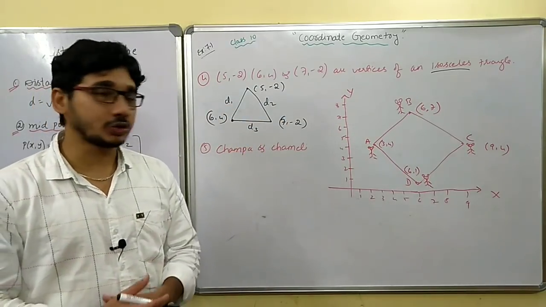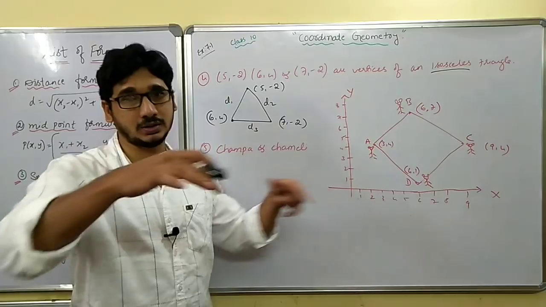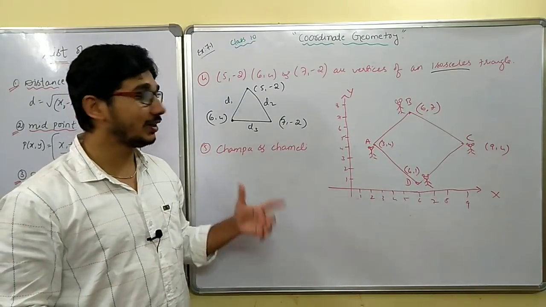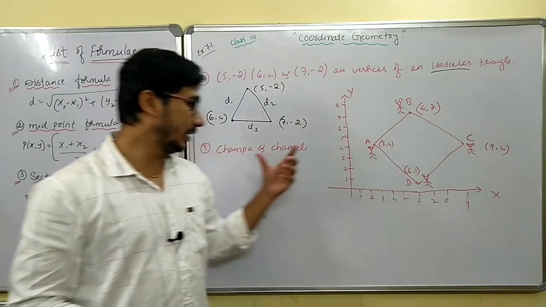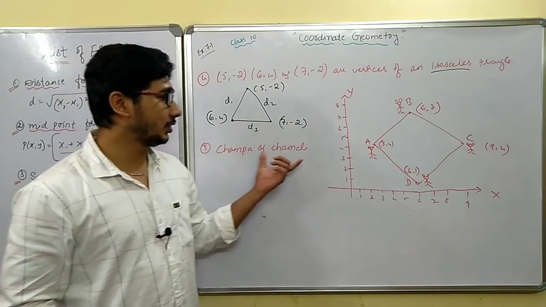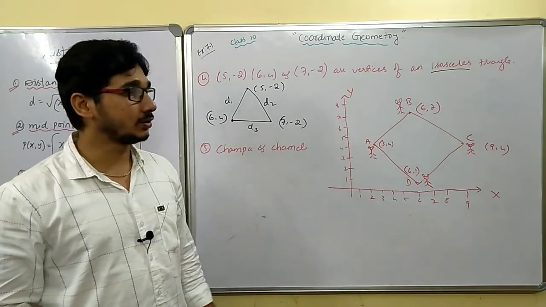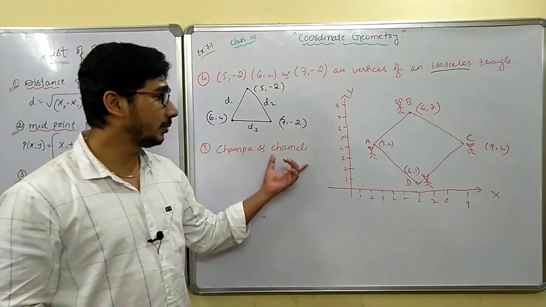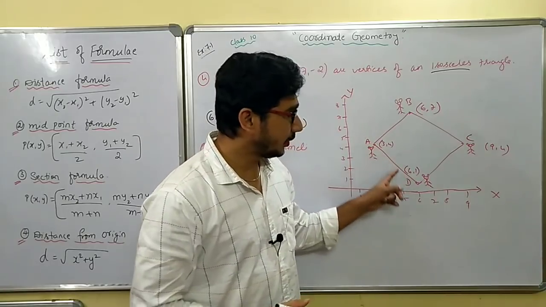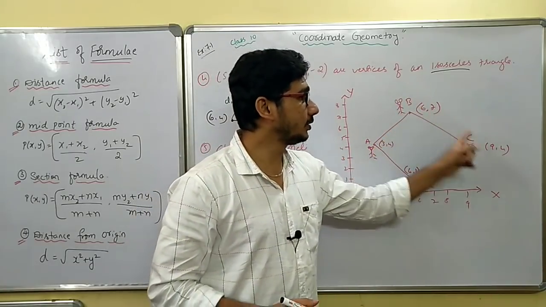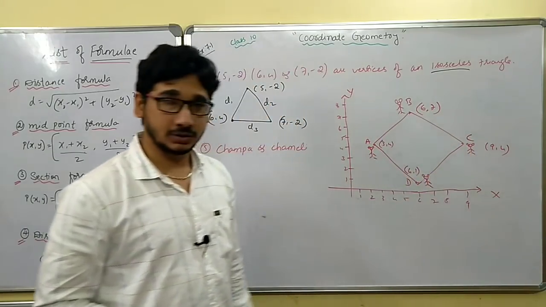What was the question exactly: these 4 friends are sitting in the classroom at certain distances. These two, Champa and Chameli, enter the class and see the friends. They are sitting in such a place that they will then discuss. Champa will tell Chameli, can you recognize that ABCD is a square? Chameli will not agree. Now you have to find the distance between these two, between these two, between these points, between these 2 points.